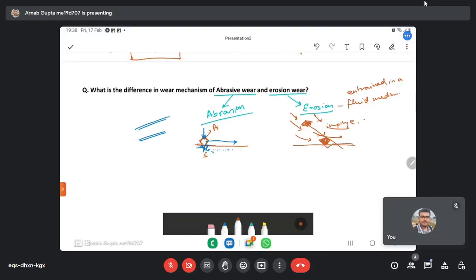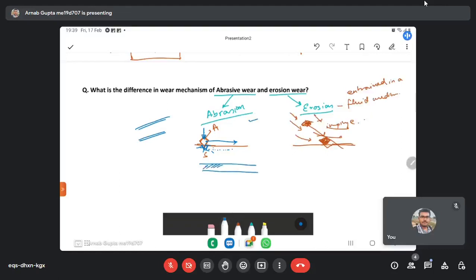So unless you know about the mechanism of wear that is happening, you won't be able to suggest what type of remedial actions you can take. Suppose in this case, in the first case, in case of abrasion wear, you try to put up a